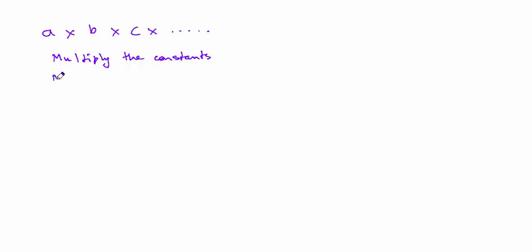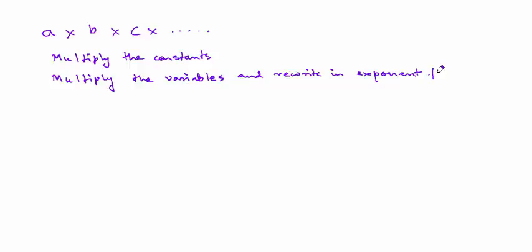And then multiply the like variables, meaning x with x, y with y and so on, and rewrite them in exponent form. And if an expression has got several terms in it, separated by plus or minus, to be multiplied with